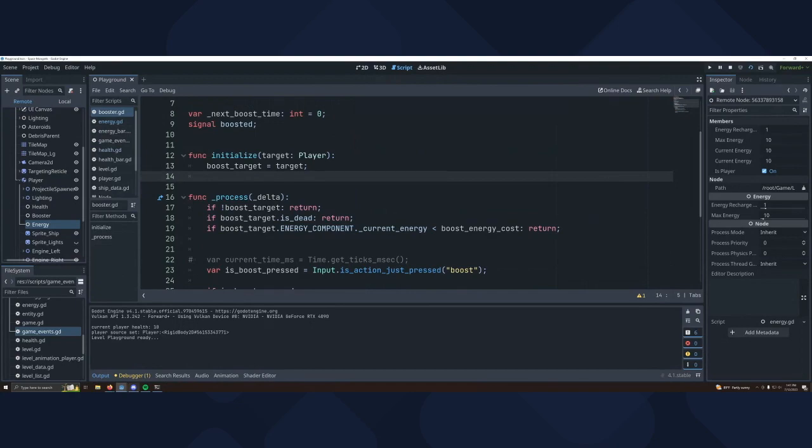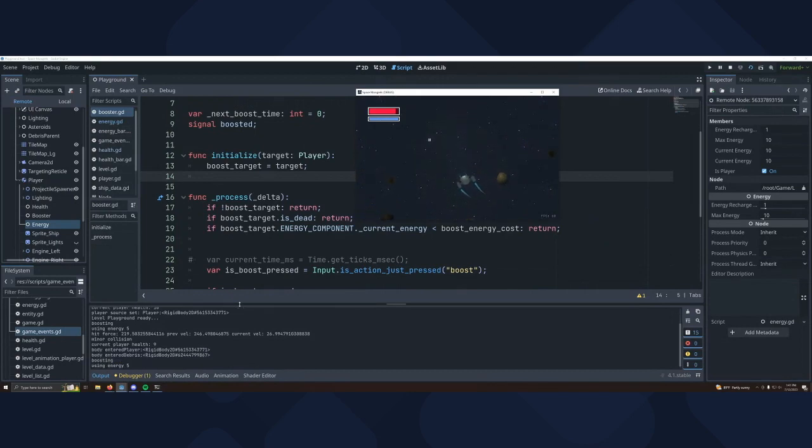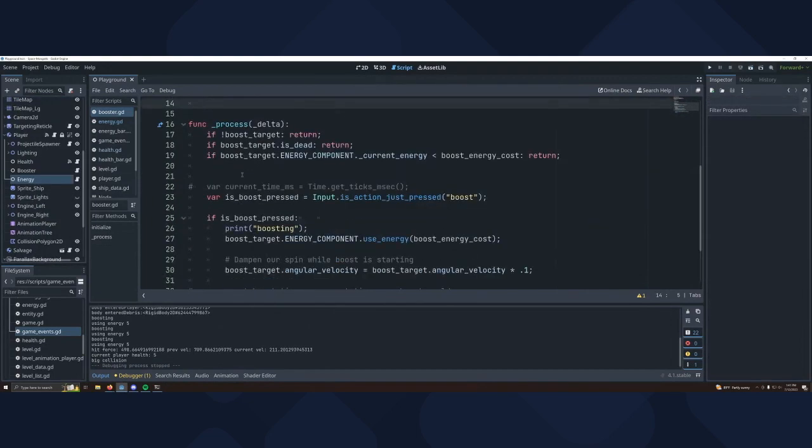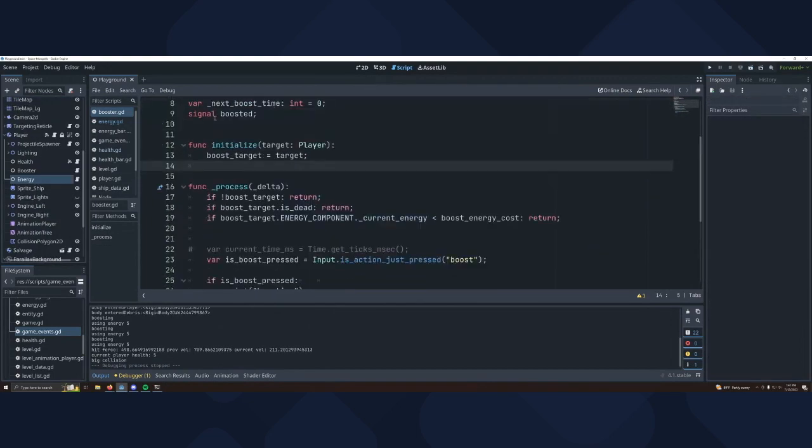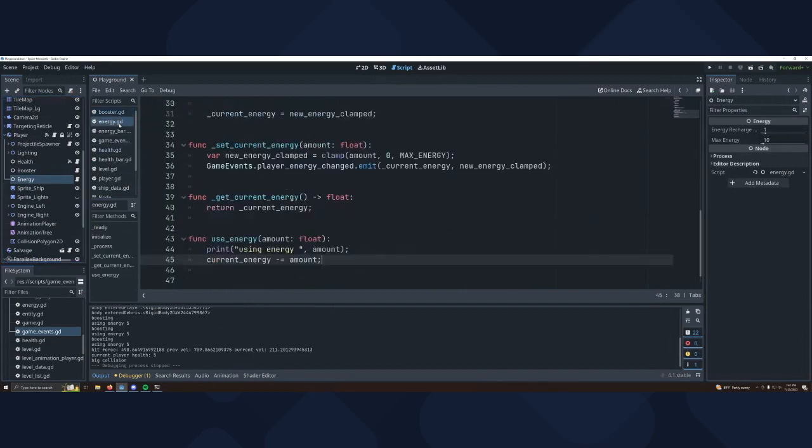So I don't think it's going to go down. Yeah, so it's not going down, though that's getting called. And I do see two current energies there. Yeah, so one of them's that private one, and then one of them is the okay. So like you can't even see them normally, right? Yeah. But once it's running, I guess, which is kind of nice, right? Because you do want to sort of see everything.